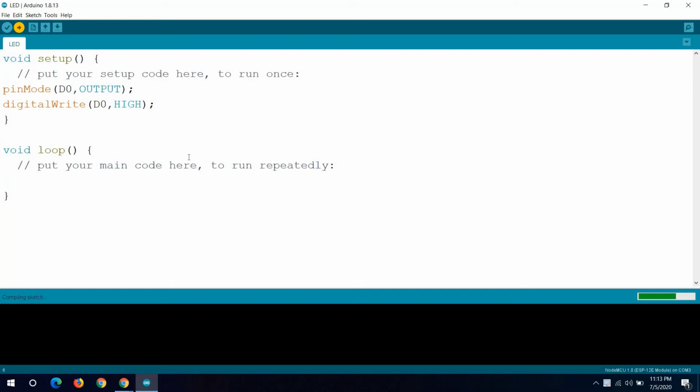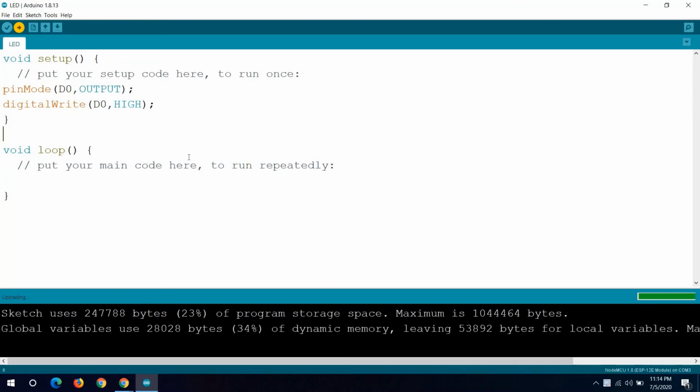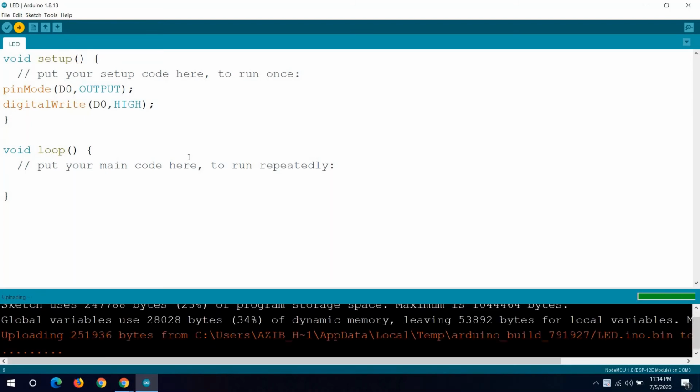It will take some time because this is the first time we are doing this. We have just installed the software and the necessary ports. It takes time only the first time. Later, whenever you do it frequently, it will be very quick. And now it is uploading.